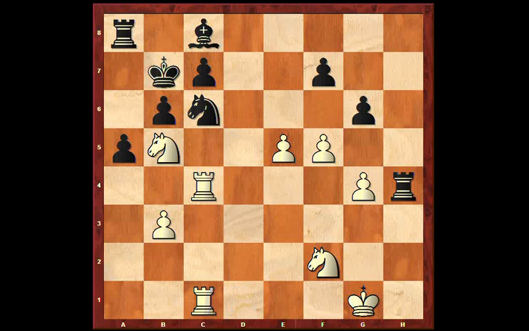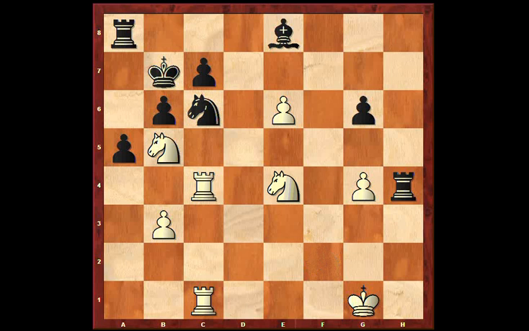Rook to c1, doubling on the c file. The bishop defends the knight. e6 takes, and the bishop still has to keep contact with the knight. Knight e4. Well, this position looks very active for white, but black is solid, and in the end the pawns